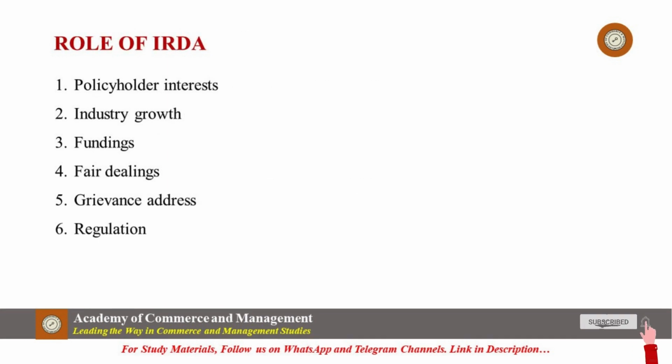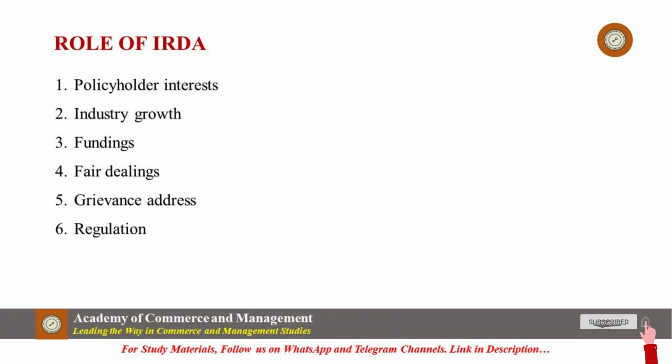What are the roles played by IRDA in the Indian insurance sector? First of all, IRDA aims to protect the policyholder interests. It aims to make insurance better for clients. They work to make easy laws. It helps get easy claims. Second, IRDA plays roles in industry growth. The regulatory framework of insurance is a growth driver. It helps create laws that make market entry easier. Businesses can easily enter. Also, customers have better insurance policies and rules.